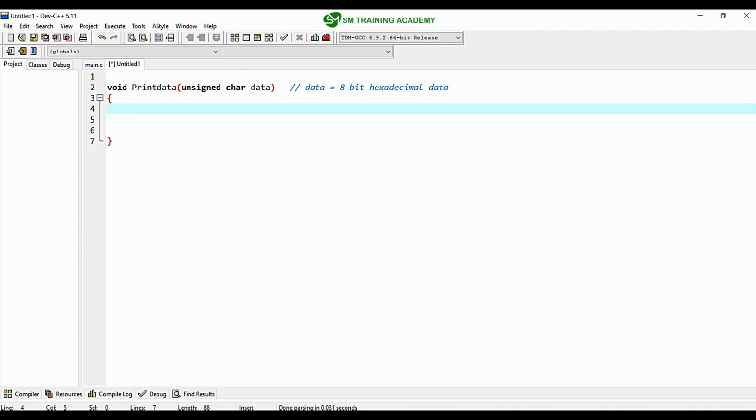So firstly what I will do is I am just going to check for the condition data ampersand of 0x01. So now what happens is I am just going to check whether the 0th bit is turned on. So if it is turned on, what I will do is I will turn on the